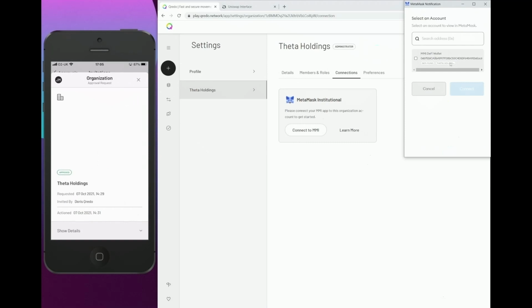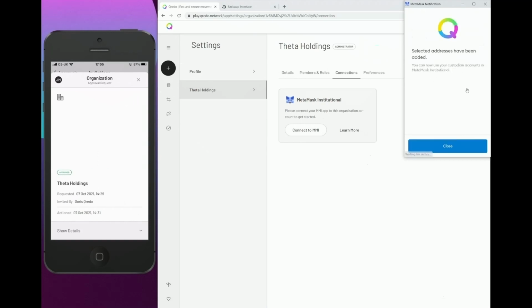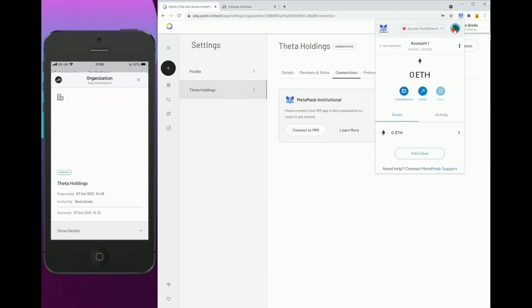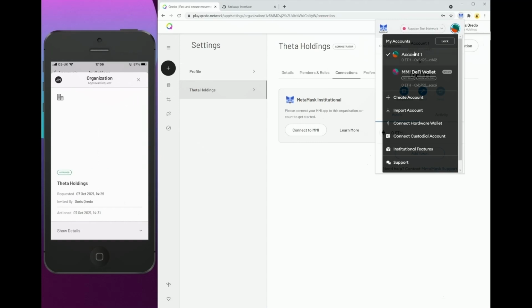It also gives you these tags here. The first one is the fund that the wallet is in, and the second one is the organization. So you know that you can connect the right wallet if you've got multiple ones. And that's done. So if I go to the MMI extension and look at the account selector, currently account 1